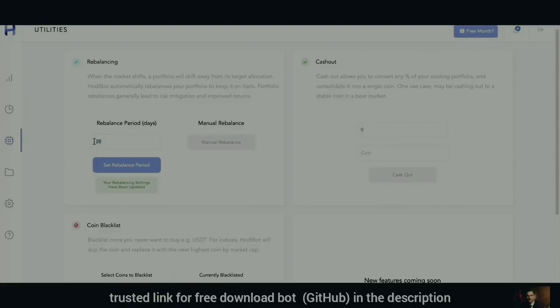Okay, so now I'm just going in, I'm going to set my rebalance period. Set right now at 28 days. I'm going to set it to 7. It's not recommended that you set this for a day